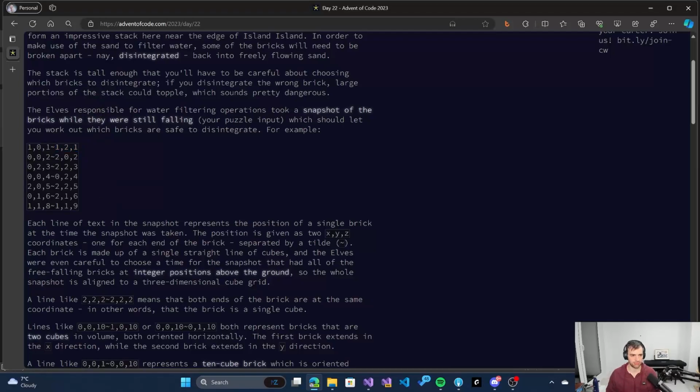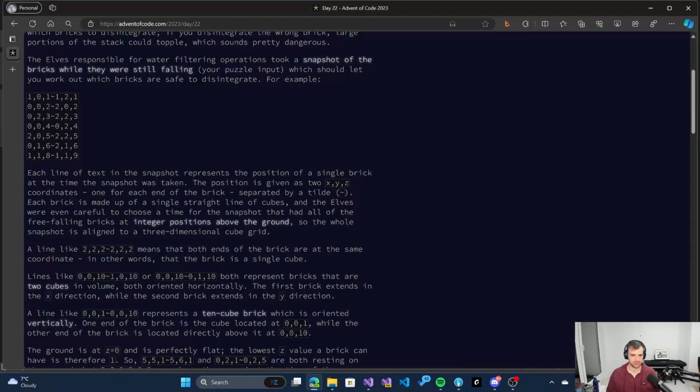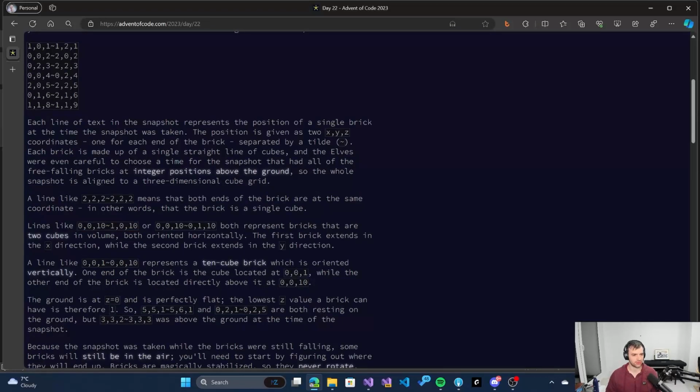These bricks have integer positions above the ground, and if the coordinates are the same for the beginning and end, that means it's a cube, of 1, 1, 1 size. So if the sum of differences of coordinates is 1, it means the brick is kind of a 2 cube volume size,